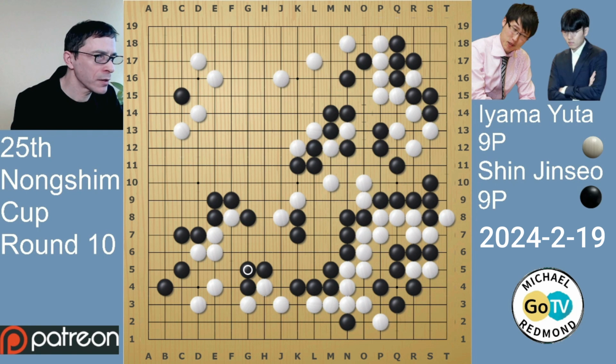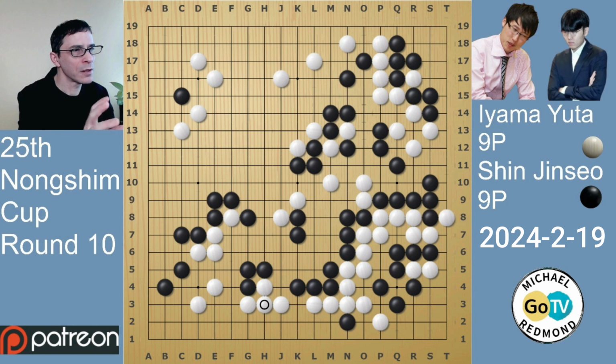Okay, so white answered that. And black played here. So this is actually a fairly common position in the top left corner where white has played the diagonal move here, the kosumi. And the combination of a kosumi and a pincer, the order can be both orders. So like the pincer can come first or the kosumi can come first. And then some kind of enclosing move. So the combination of these three moves,